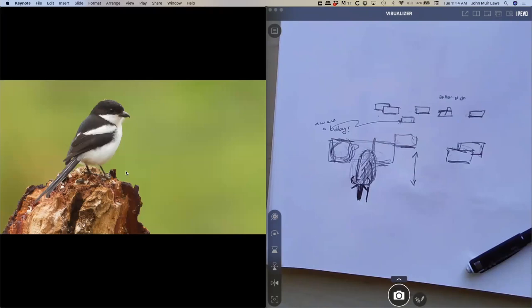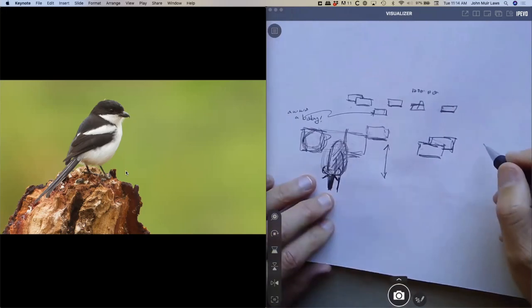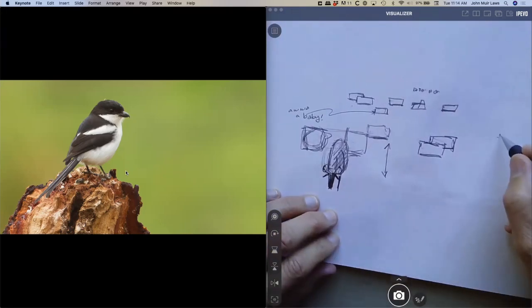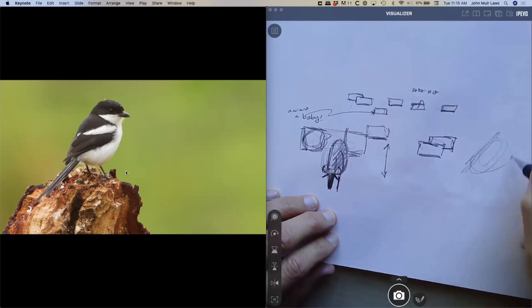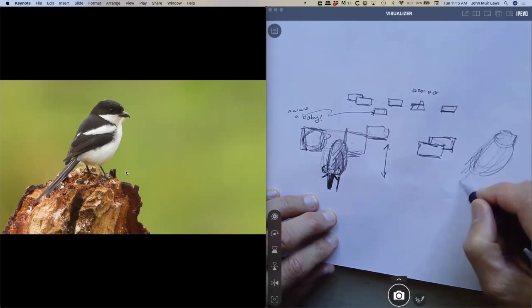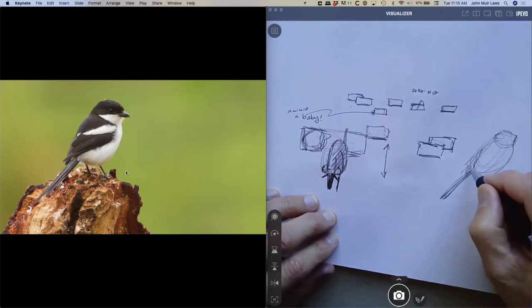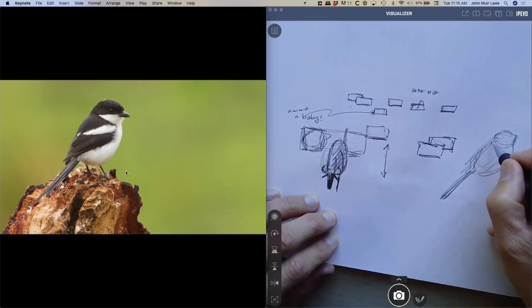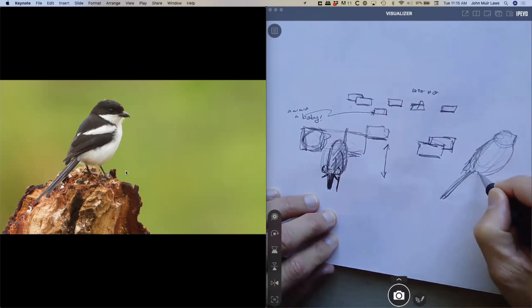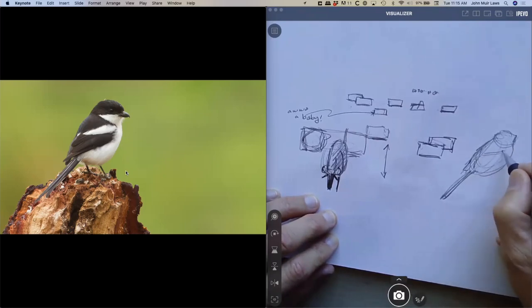Now, let's talk about birds, because these same ideas apply to drawing just about anything. So if I've got a sketch of a little birdie that I've made, here, a little shrike,